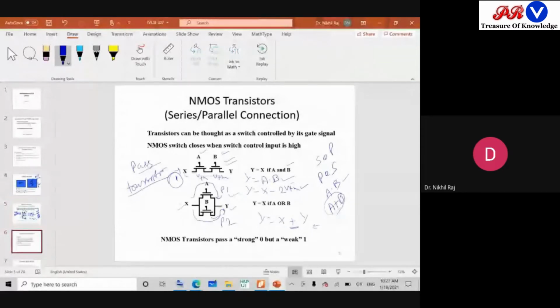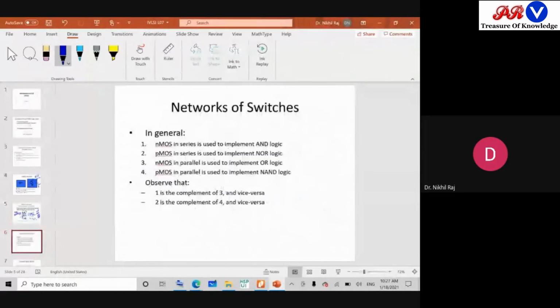Now if we consider this transistor as a switch, because we have to realize a digital operation, we have to work like a switch. When the switch is on, the power is on. When the switch is off, the power is off. Digital is also the same. If NMOS or PMOS is on, it will give me a logic. If it is off, it should not give a logic. So we can call it a switch network also.